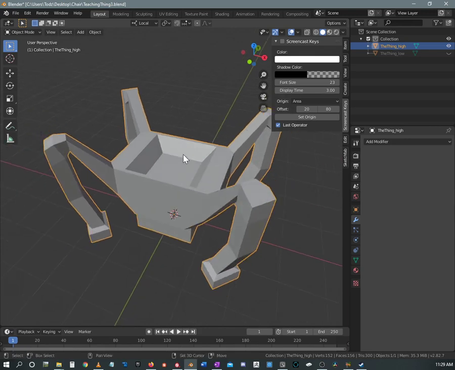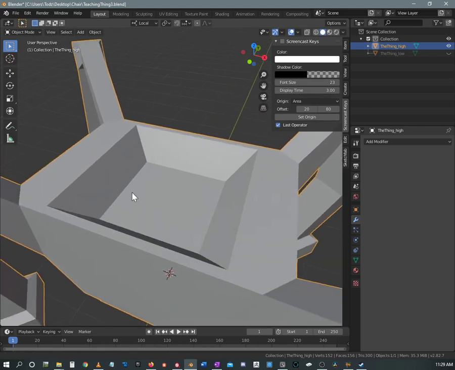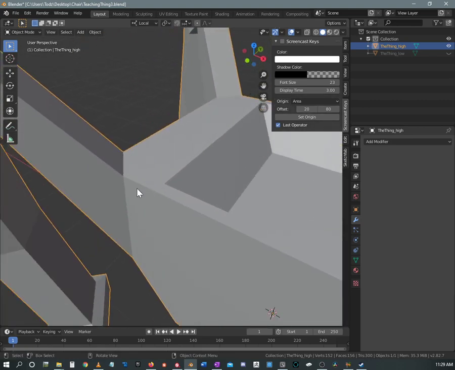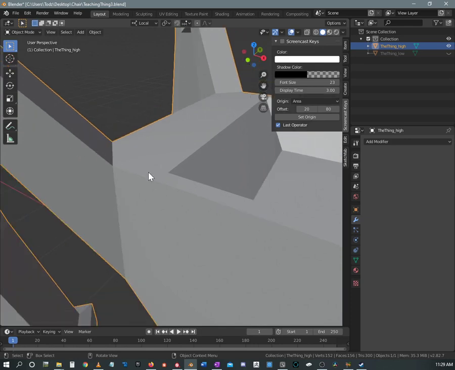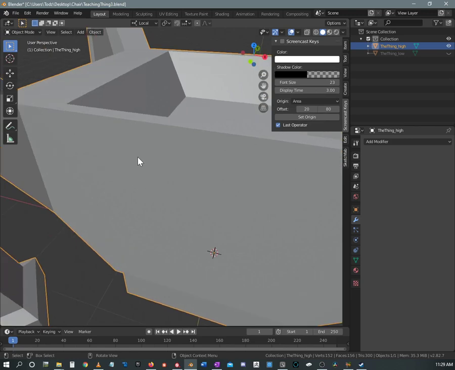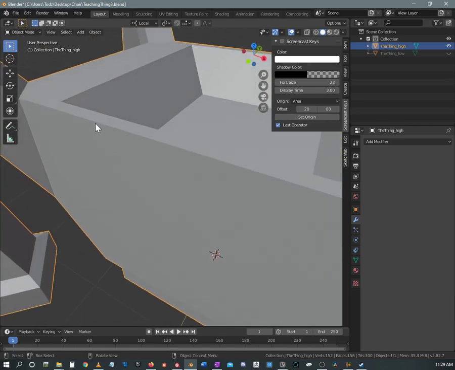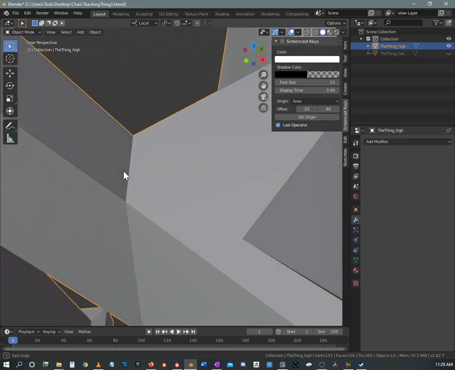So one thing we've done over and over again, of course, is to grab all of the edges and just give them that slight bevel so we can get rid of this razor edge that we are used to seeing in 3D objects that you just don't get in the real world. And we want to get rid of that, even if it is a very, very slight bevel. It is always better to get away from that because